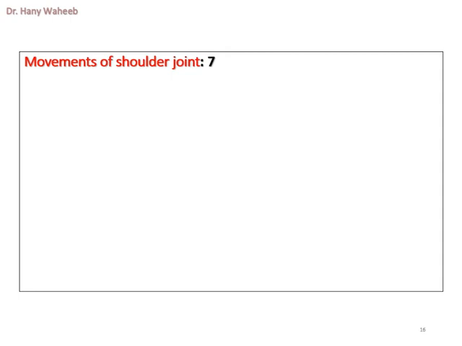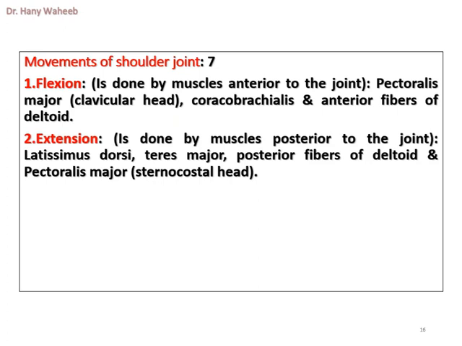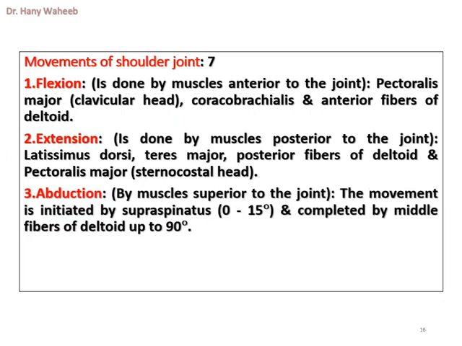Movements of shoulder joint are 7 movements. 1. Flexion, is done by muscles anterior to the joint: pectoralis major, clavicular head, coracobrachialis and anterior fibers of deltoid. 2. Extension, is done by muscles posterior to the joint: latissimus dorsi, teres major, posterior fibers of deltoid and pectoralis major, sternocostal head. 3. Abduction, by muscles superior to the joint. The movement is initiated by supraspinatus, 0 to 15 degree, and completed by middle fibers of deltoid up to 90